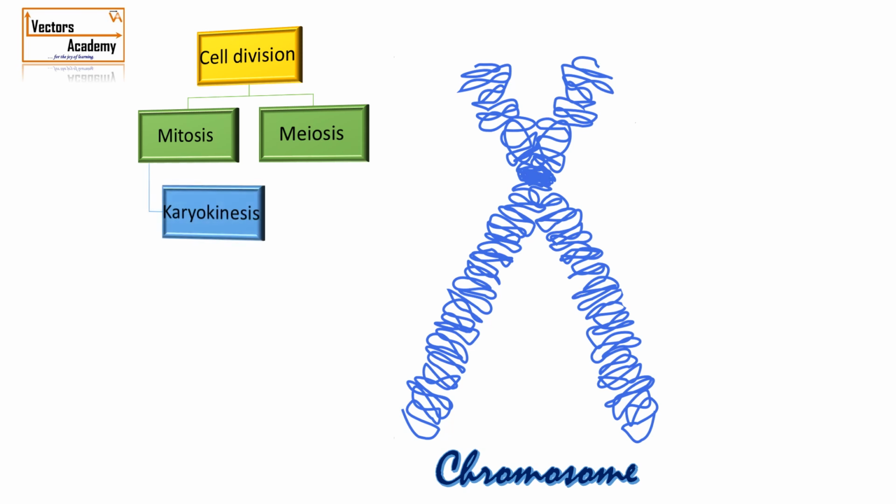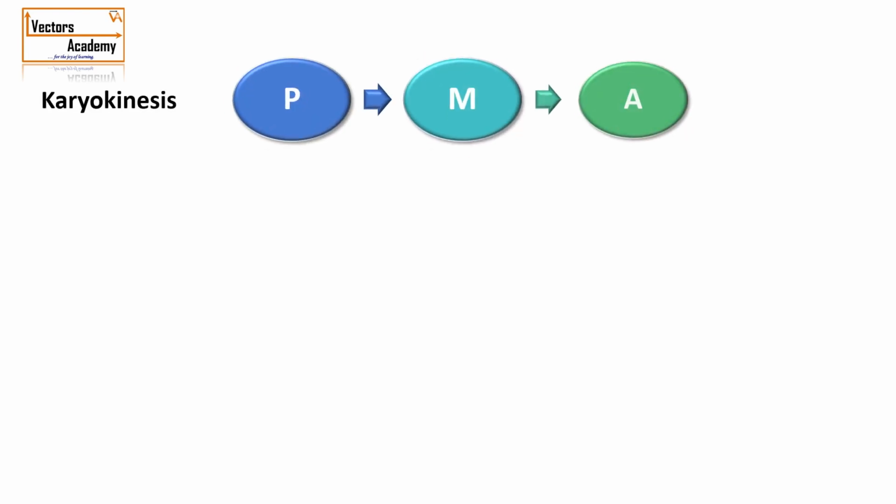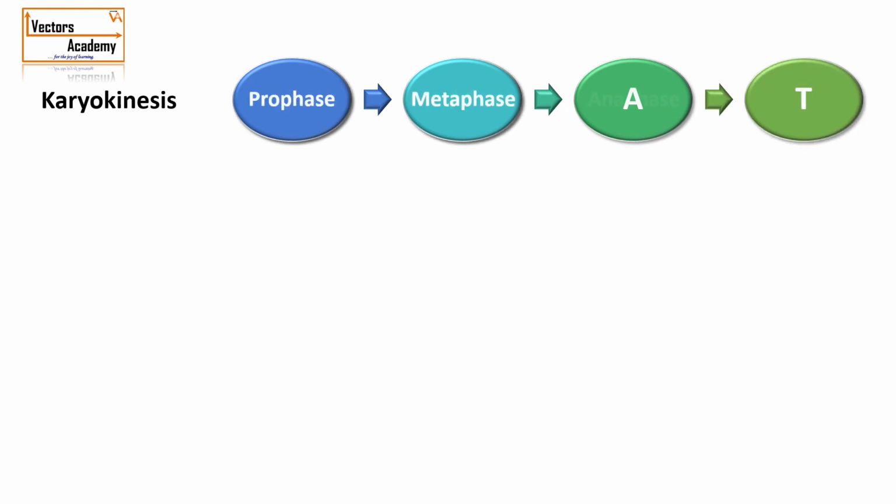Mitosis is completed through two main steps. Those are karyokinesis, that is, the division of the nucleus, and cytokinesis, in which the division of the cytoplasm takes place. Karyokinesis is completed in four main steps. As an acronym, we can call it PMAT, where P stands for Prophase, M for Metaphase, A for Anaphase, and